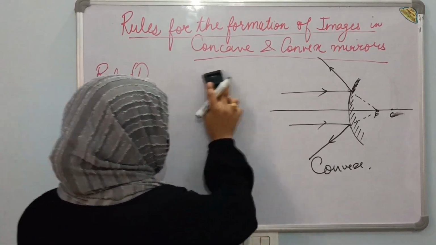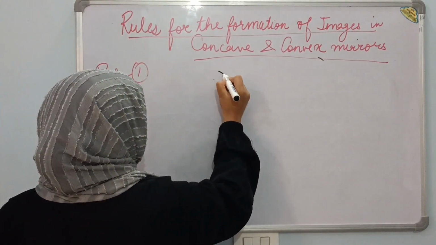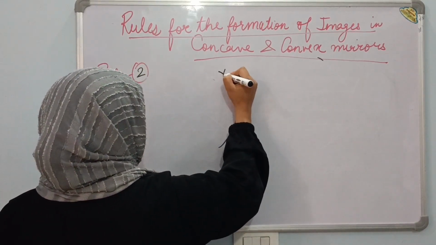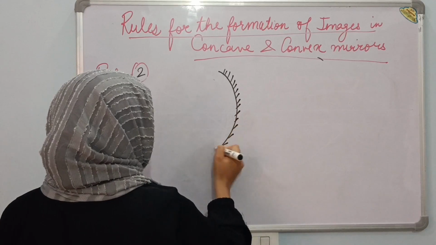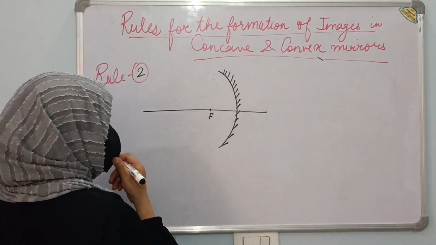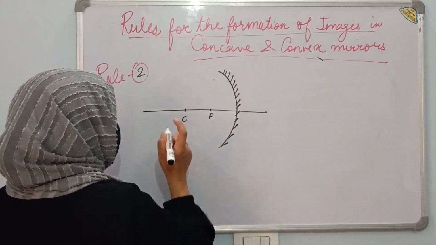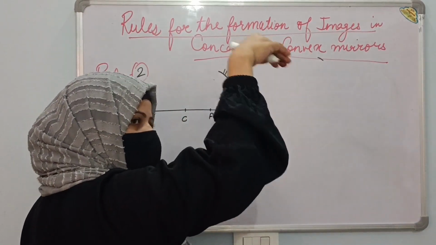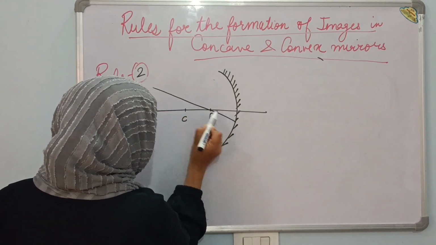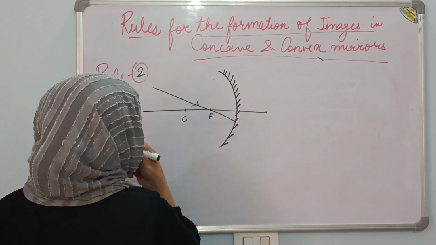Now let's see rule number 2. Rule number 2 is just the reverse of rule number 1. Let's see how. ये just reverse है rule 1 का. Let's locate, first step is locating the focus and center of curvature. Now just the reverse. पहले रूल में क्या था कि अगर पैरेलल जा रहा है तो वो फोकस से क्रॉस करेगा, और यहाँ क्या है कि अगर वो फोकस से क्रॉस कर रहा है कोई भी इंसिडेंट रे, पहला रे जो आता है उसे हम इंसिडेंट रे कहते हैं. ओके, तो पहला रे जो है इंसिडेंट रे है.